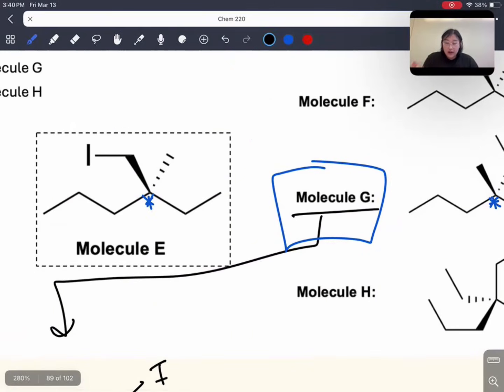The highest priority group is the group with the highest atomic number. In this case, hydrogen, because it has an atomic number of one, will always be the lowest priority group no matter what. And if the groups going out from the chiral carbon are both the same atom, then you go to the next atom after that, and the next atom after that, until you have a differentiating point of comparison. So if we were to do that for this molecule over here, molecule E,